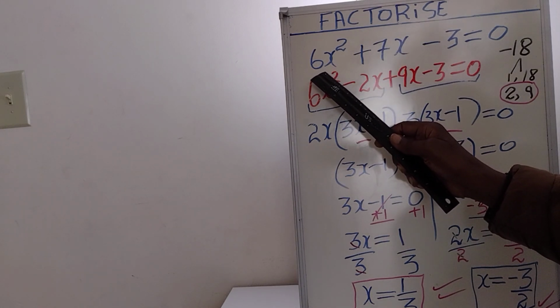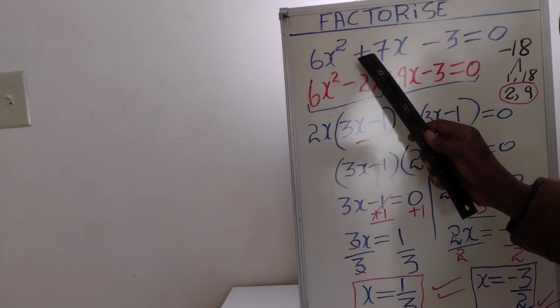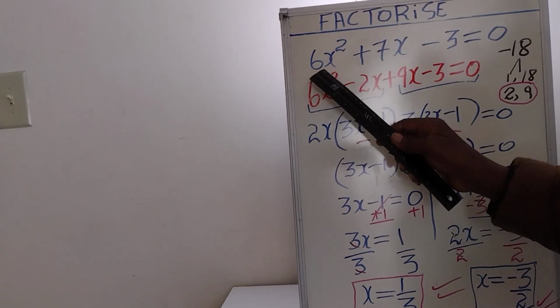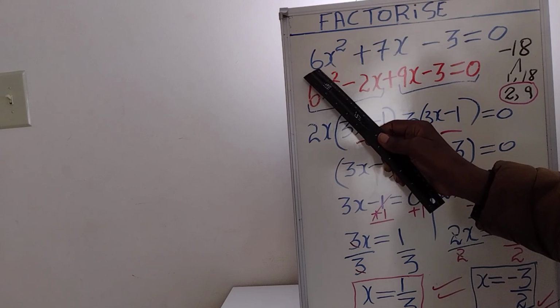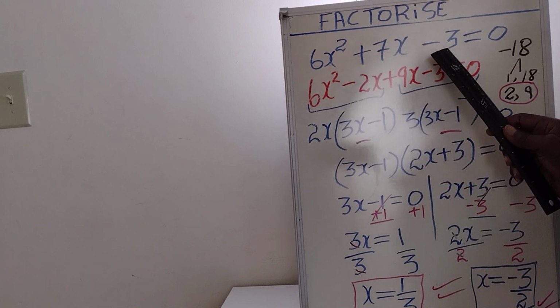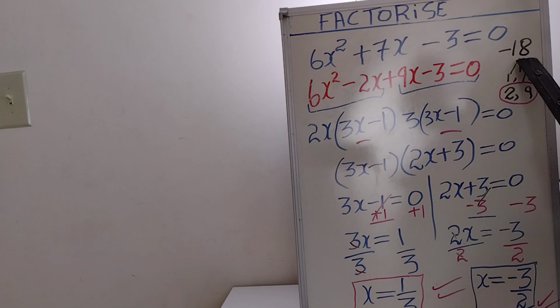That's what we mean: this is A, B, C. Now this is A and C. So we are going to multiply 6 times negative 3, and it will give us negative 18. Now we have to find two numbers to work with,